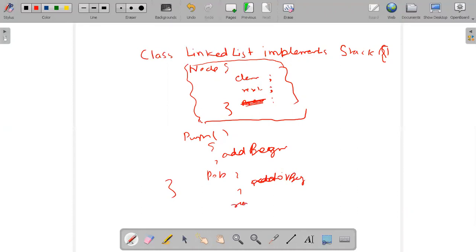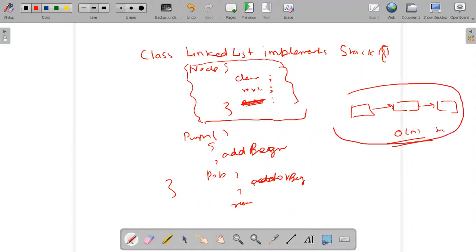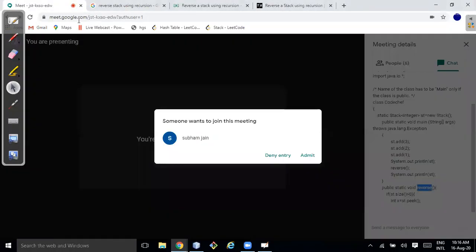Okay, and when you are doing the reverse operation, you have a linked list. Can you reverse it in order of n time complexity without using extra space? We have done that problem earlier, right? We can do that, right? Yes. So you can define one reverse method here, and you can reverse the linked list. If you reverse the linked list and point the header to this one at the beginning, then it's fine, right? You can do it in order of n complexity without using extra space. I hope it makes sense, right?